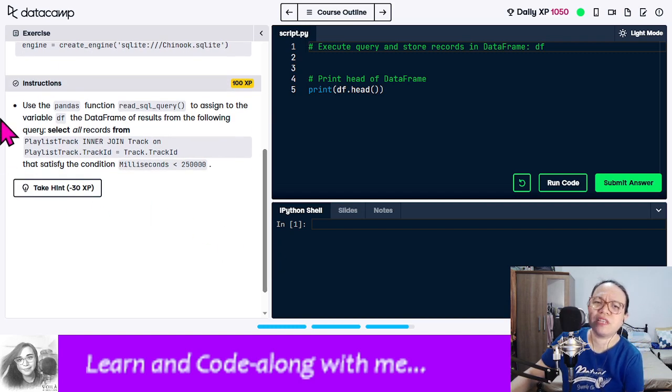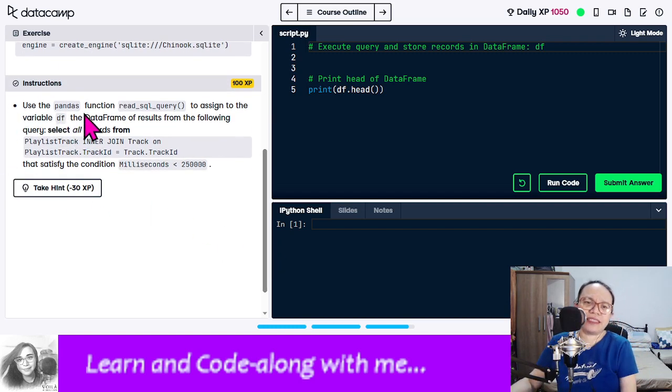For the instructions, use the pandas function read_sql_query to assign to the variable df the data frame of results from the following query: select all records from